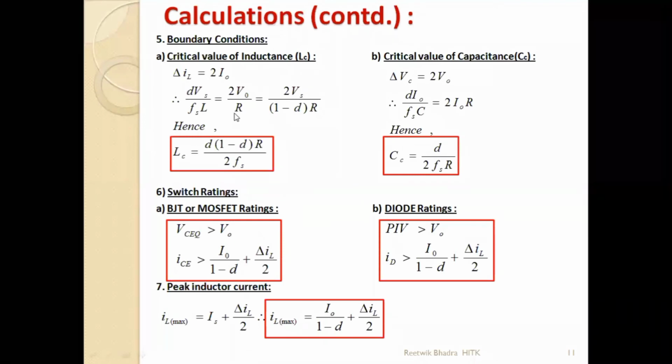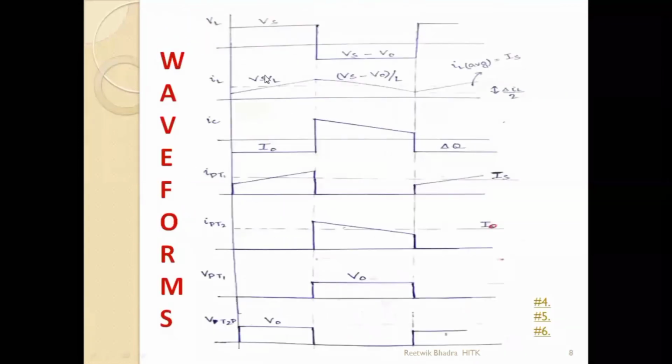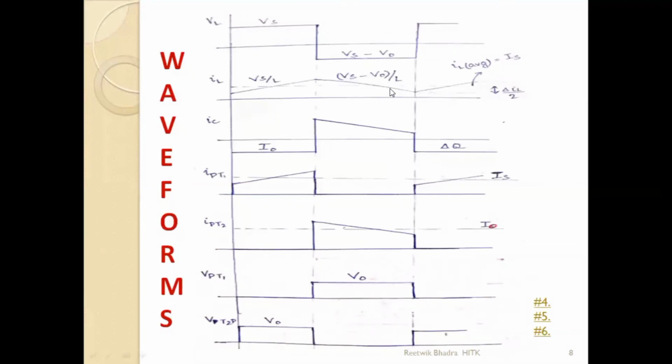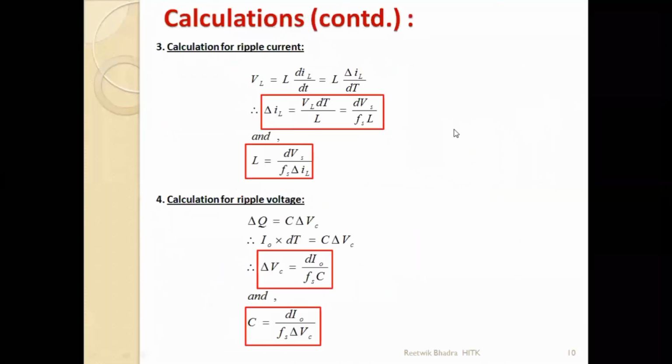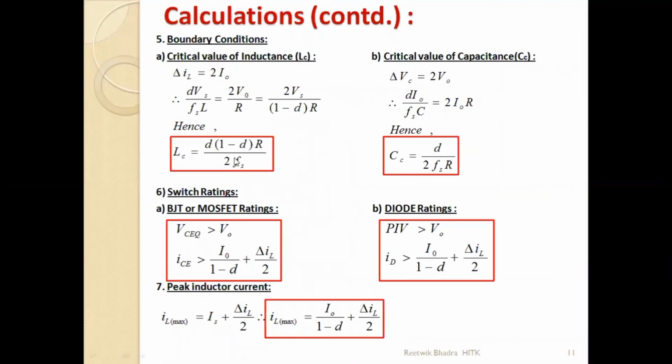Next, boundary condition. Again, that will limit your, all we are studying is continuous conduction. So inductor current is continuous, not starting from 0. And you have seen in the waveform also, in the simulation, my current was continuous. At starting, it is starting from 0, but then it is going above the 0 line. It was above this line only. So my study is during those positions only, not during transient cases. That's why I was telling you from first. Okay. So del IL is equal to 2 I naught. Del IL we had derived.